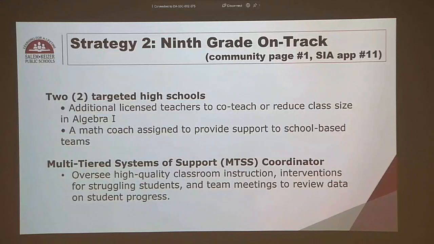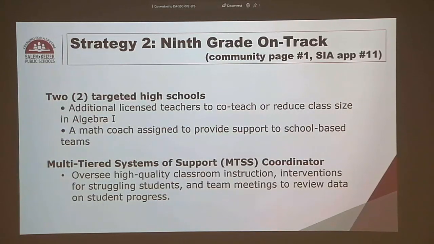Remember, that is a reference to ensuring that students successfully complete 6 credits during their freshman year. And students who do successfully complete 6 credits are more likely to graduate in 4 years. Students that do not successfully complete 6 credits require quite a bit of intervention and support to get them back on track and across the stage in 4 years. So this is a powerful metric nationally, but specifically a powerful metric for us here in the district as well.